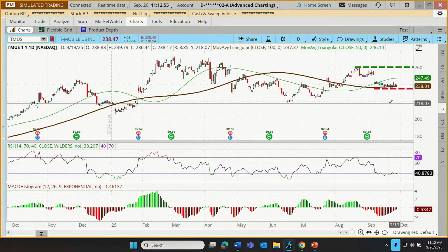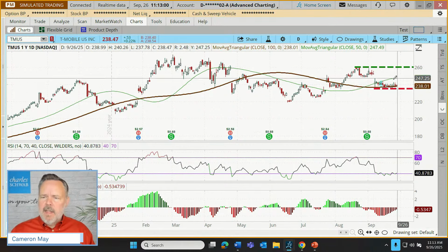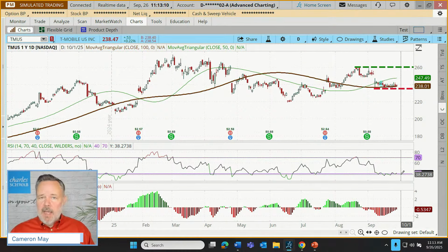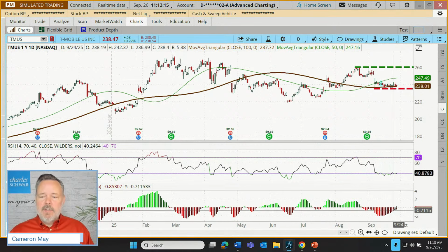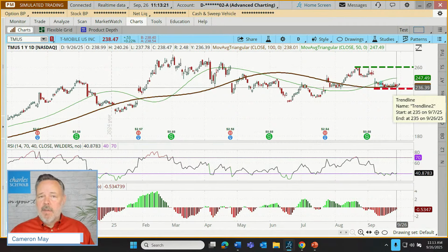kicked out of one trade, may revisit the position and say, well, wait a second, trend is still intact. The 50 is still above the 100. The RSI, our value oscillator, has still again just risen above that 40 line. And our MACD histogram continues to strengthen. So momentum seems to be shifting more and more to the bulls, despite the presence of recent red candles. Is it possible to re-enter a position that we were just kicked out of?